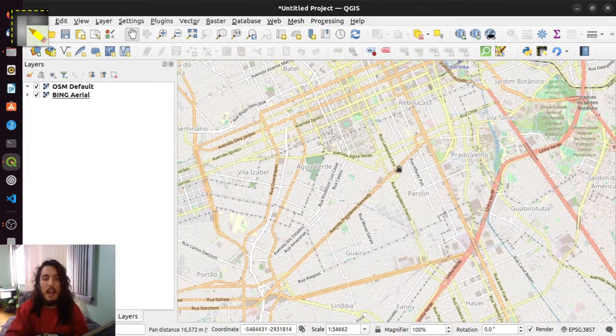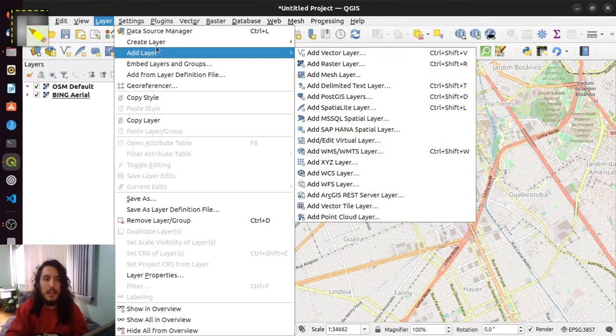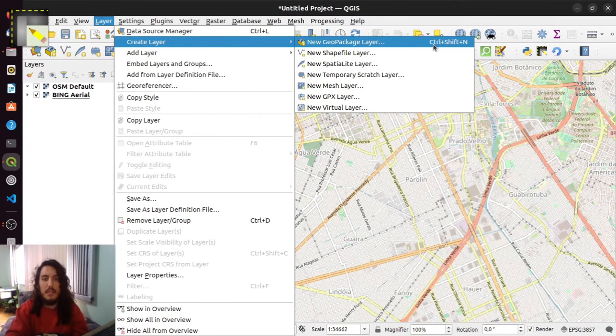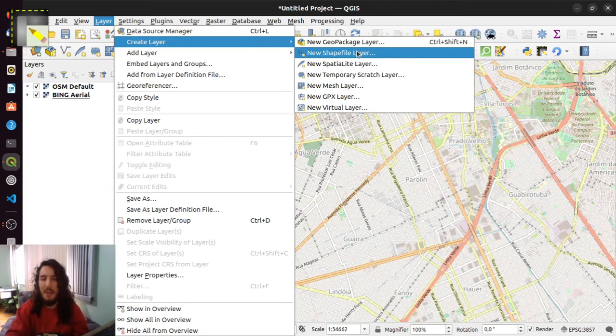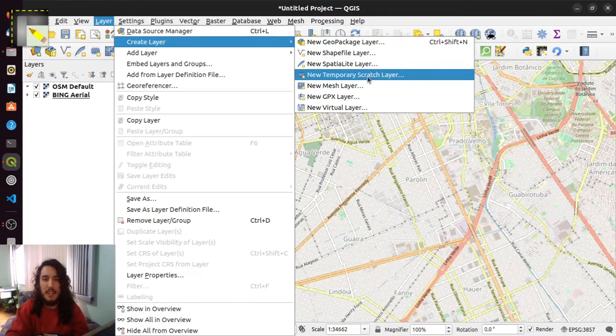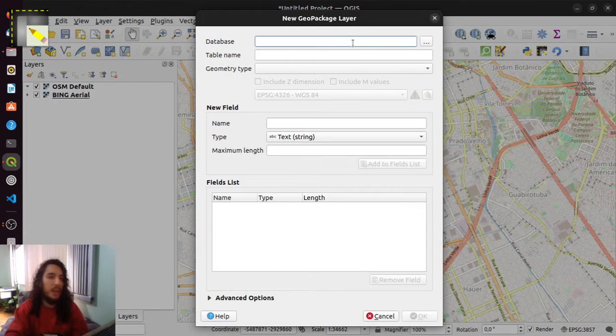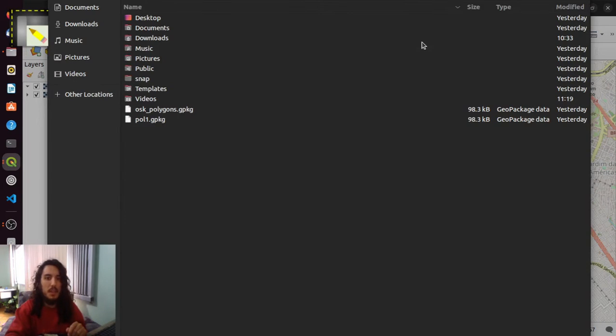I strongly recommend you to go through Layer, then Create Layer, and New GeoPackage Layer. Please use GeoPackage. Forget about shapefile. Don't create a temporary scratch layer, because the plugin handles scratch layers as disposable stuff. So use GeoPackage, please. Here we create some database with some name,